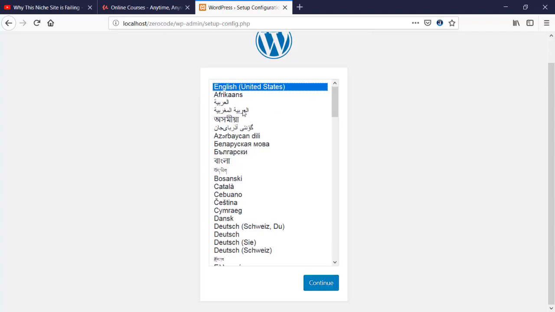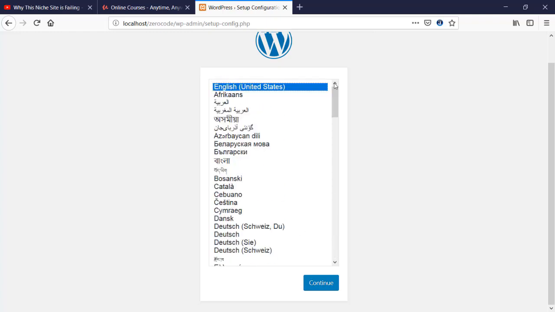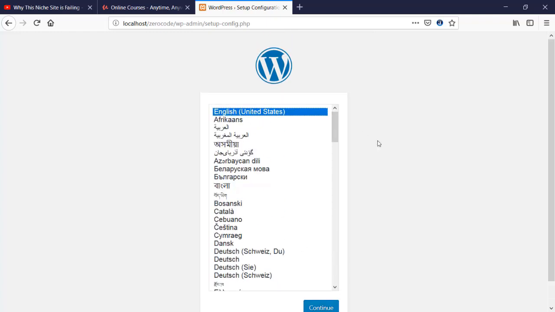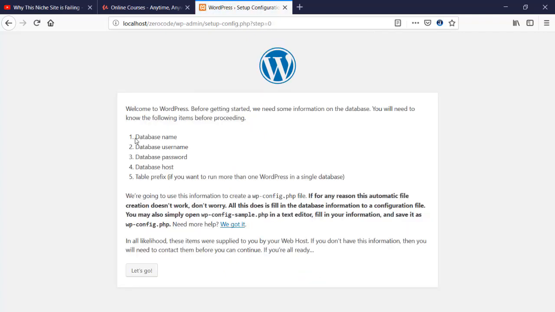You can use any one of them, either Hindi or Arabic, and different other options are also here. I think we have Urdu as well, and languages from all over the world, because WordPress is one of the most popular CMS platforms, which thousands, or if I'm not wrong, millions of websites are using. We are going to click continue,